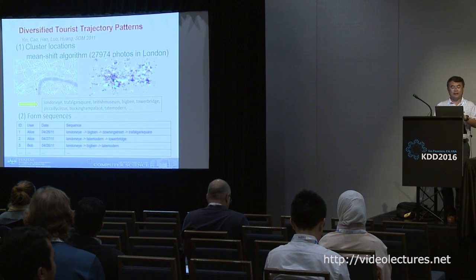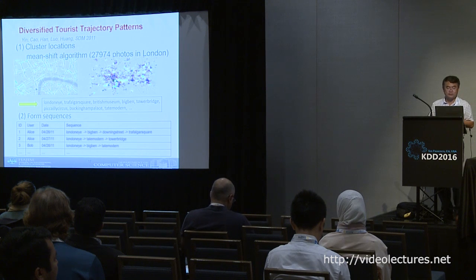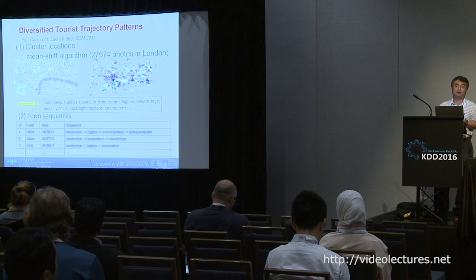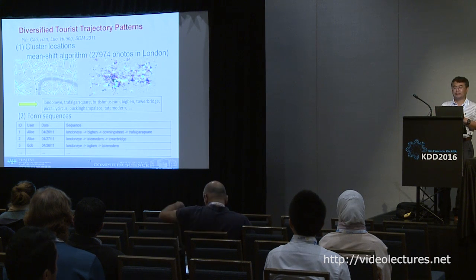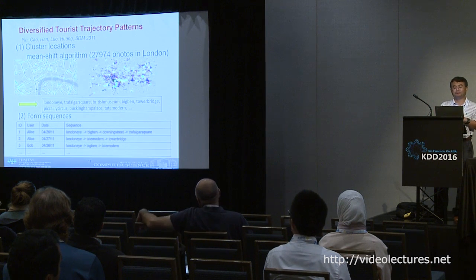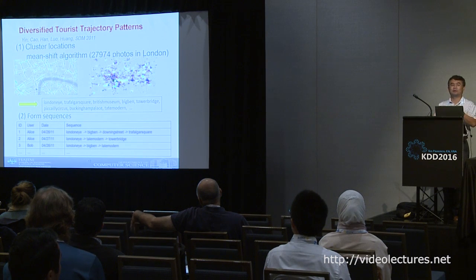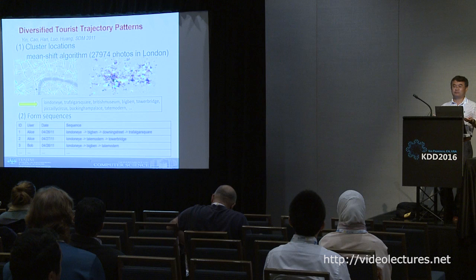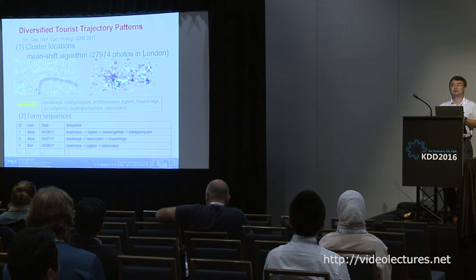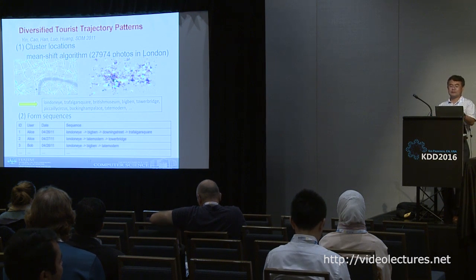So we could, actually, I don't have another slide. So we use sequential pattern mining to discover the most popular trajectories tourists took. And also we introduced the idea of diversity. So we want the top trajectories to be different enough from each other. Okay, so like you have been in London once, the next time you may want to do something different, then you go down the list. Okay, so this is the idea.